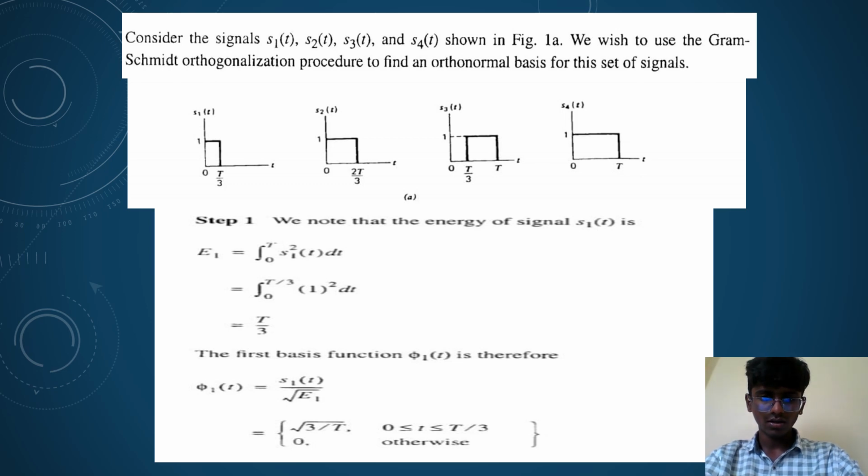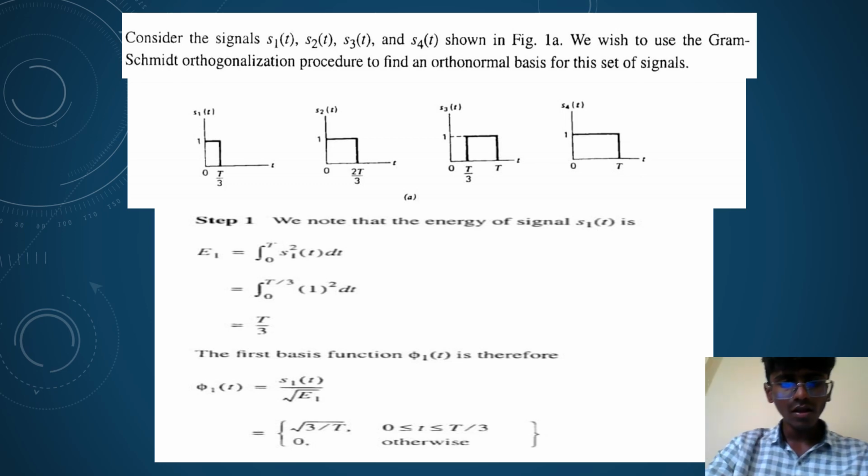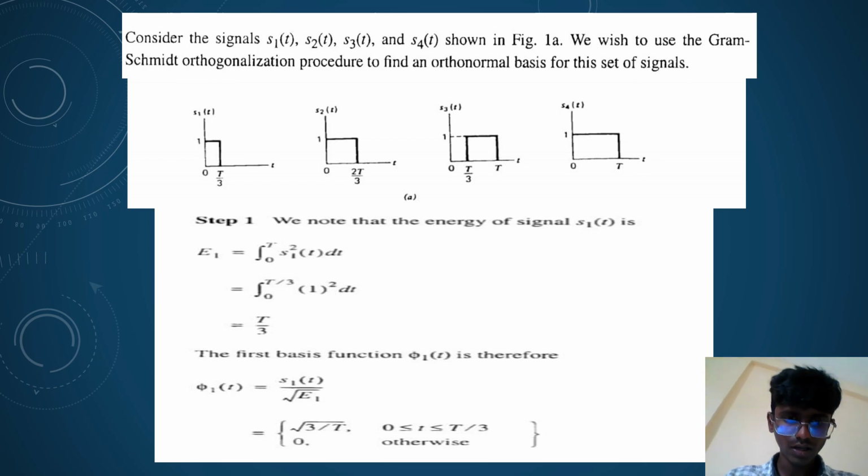Step one: we know that the energy of the signal s1 of t, e1, is equal to the integration from 0 to T of s1 square of t dt. This is the energy of the signal. From the derivation, we can prove that the energy of s1 of t is T by 3. The first basis function phi1 of t is therefore, as we proved in the derivation, phi1 of t equal to s1 of t